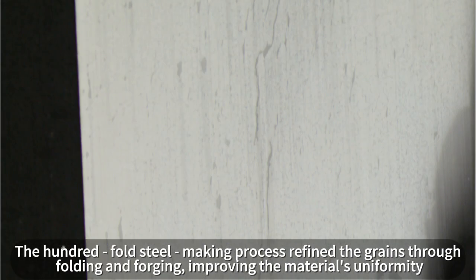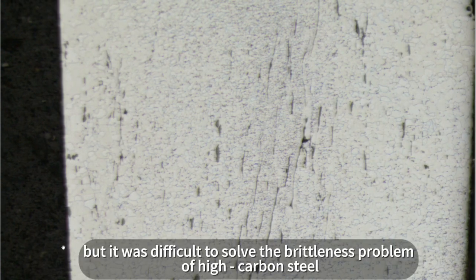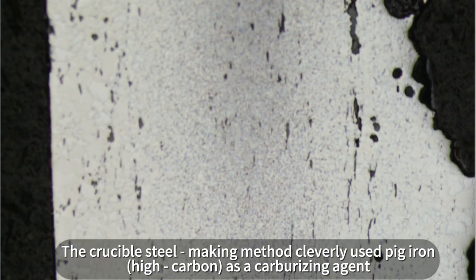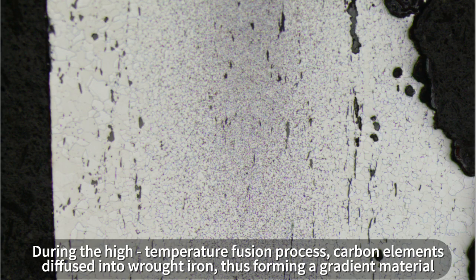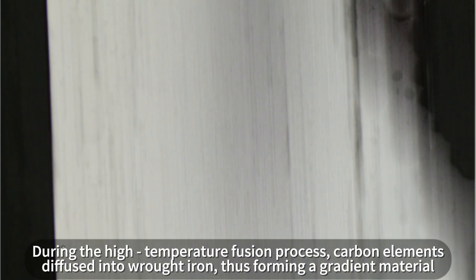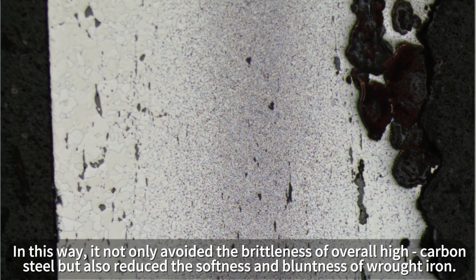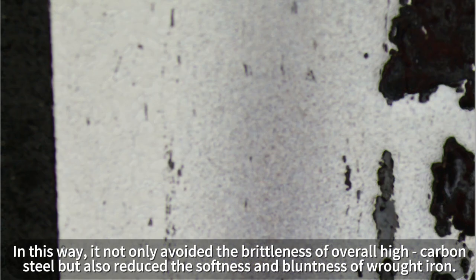The 100-fold steel-making process refined the grains through folding and forging, improving the material's uniformity. But it was difficult to solve the brittleness problem of high-carbon steel. The crucible steel-making method cleverly used pig iron high carbon as a carburizing agent. During the high-temperature fusion process, carbon elements diffused into wrought iron, thus forming a gradient material. In this way, it not only avoided the brittleness of overall high-carbon steel, but also reduced the softness and bluntness